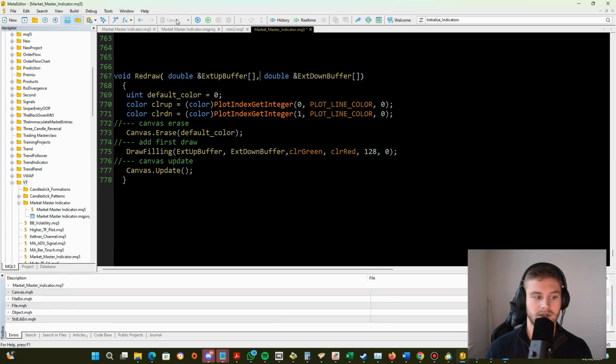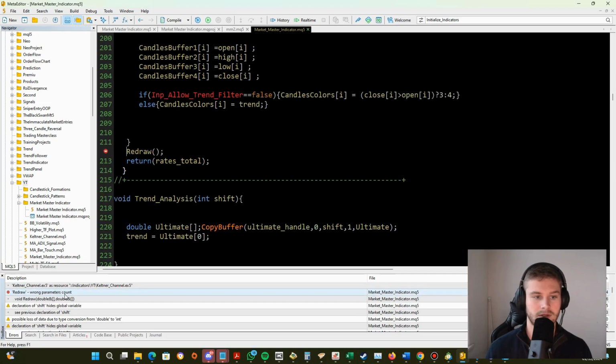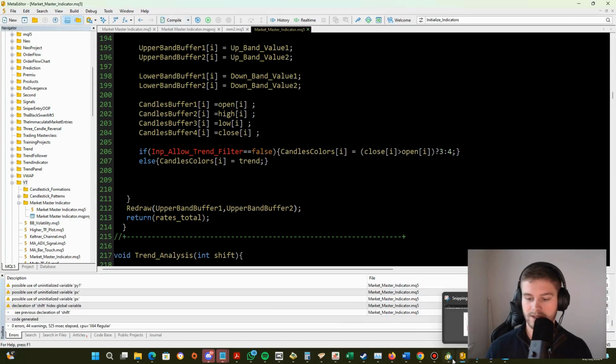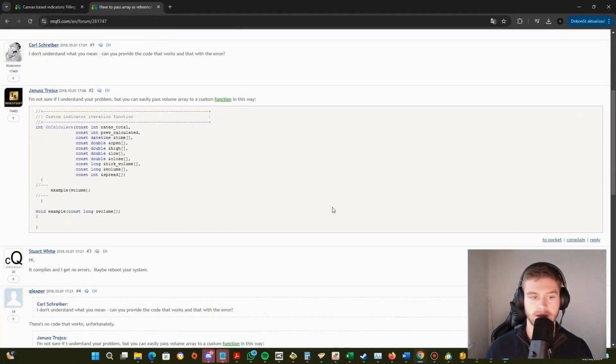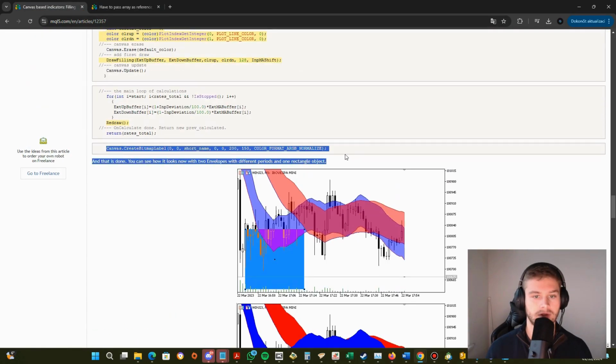Maybe just like this. Redraw. Okay, and now I have to do this one. Let's just try this for upper buffer first. And also there's one more thing I didn't do, which is very, very important, and that is that I need to do